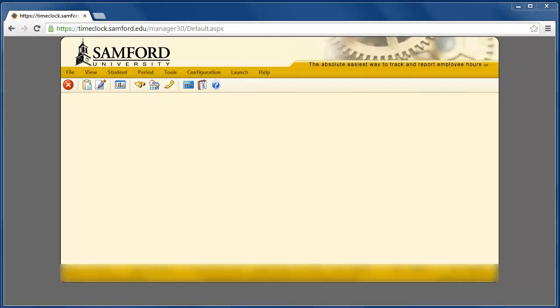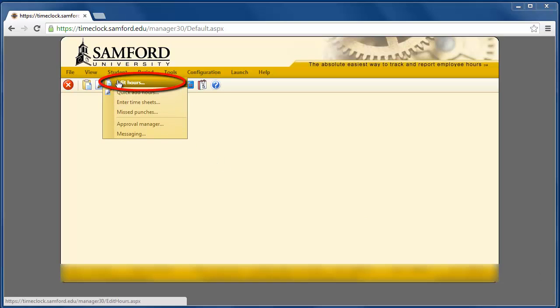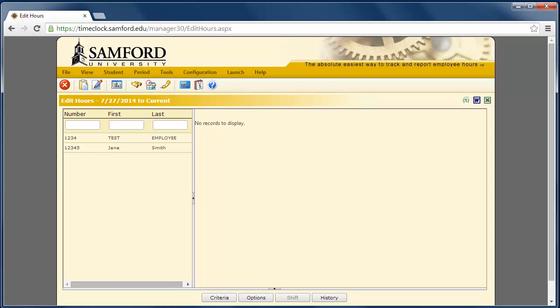Today we are going to go over how to approve hours for our student employees. We will usually approve students' hours as we edit and review their hours. As you get more comfortable with Time Clock Plus, you will probably find it easier to combine the two functions. For right now, we will go to Student, then Edit Hours, and double-click on the student's name that we need